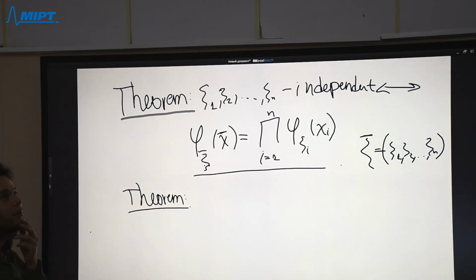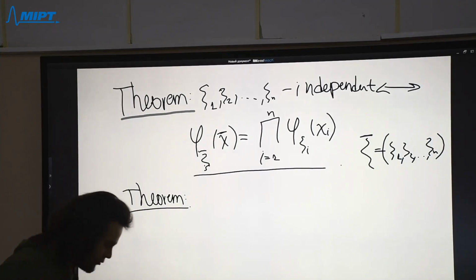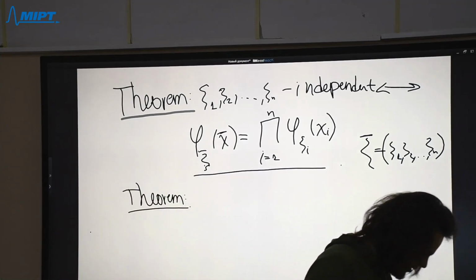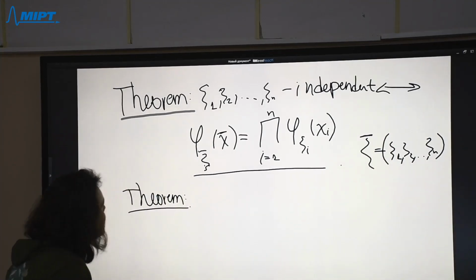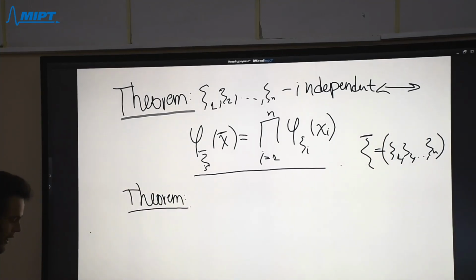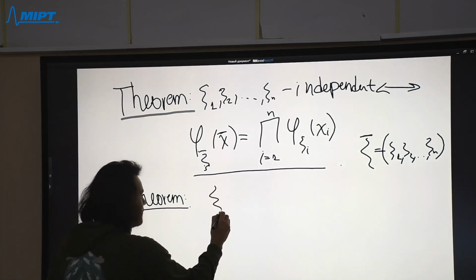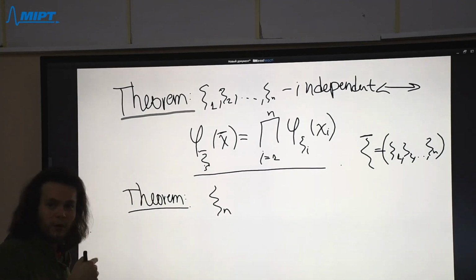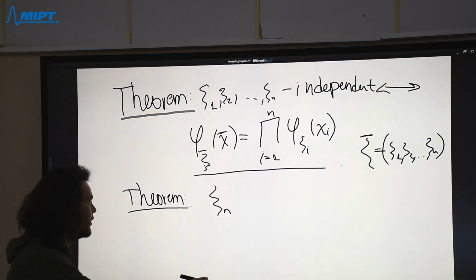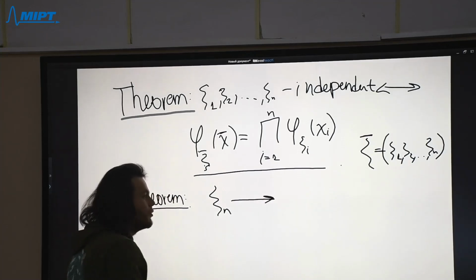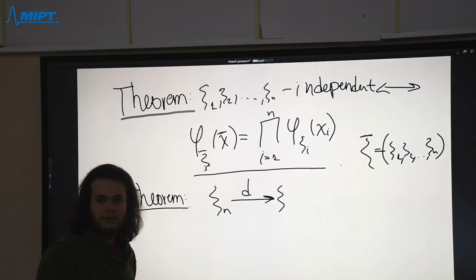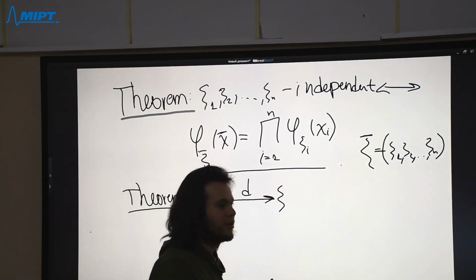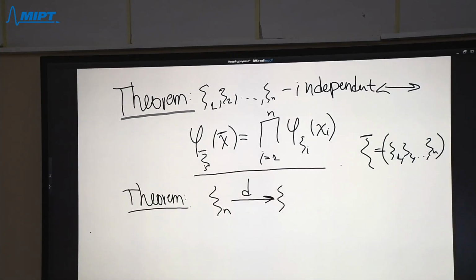And this is a very important theorem. I just don't know the name of this theorem in English, no idea. So let's forget about the name and just state the theorem. First, if I have a sequence of random variables xi1, xi2, xi3, ..., xin, and this sequence of random variables converges in distribution to a new random variable psi,